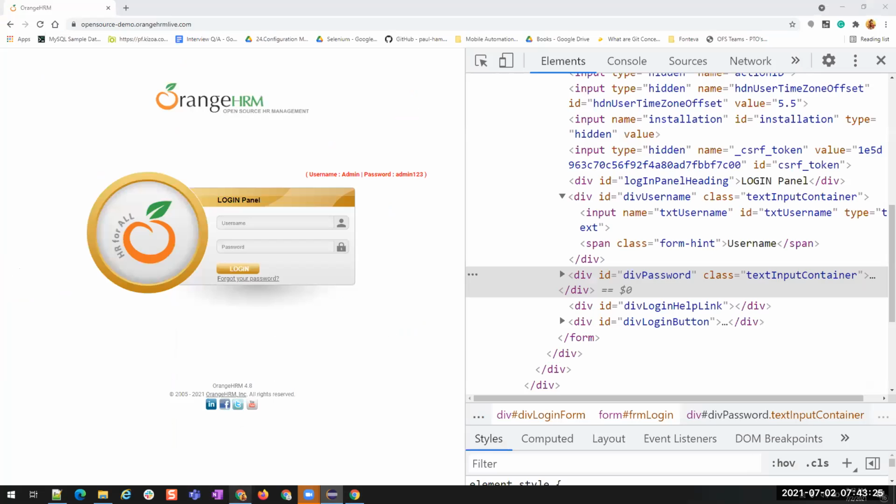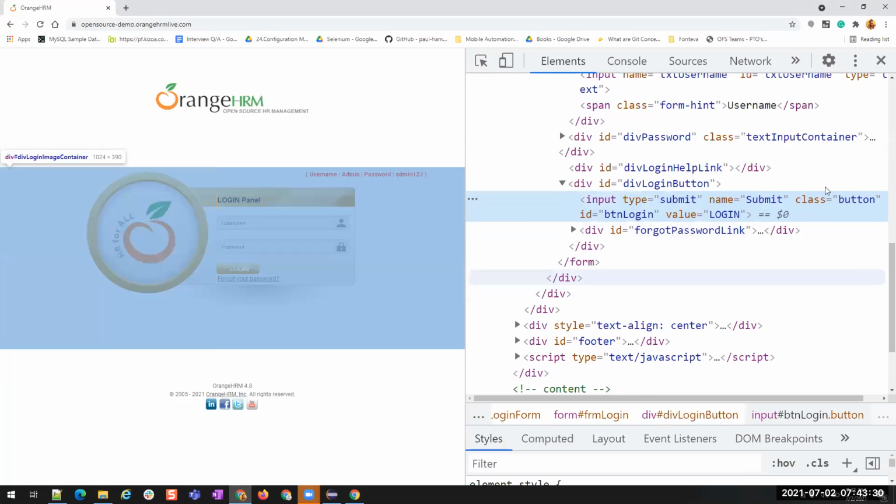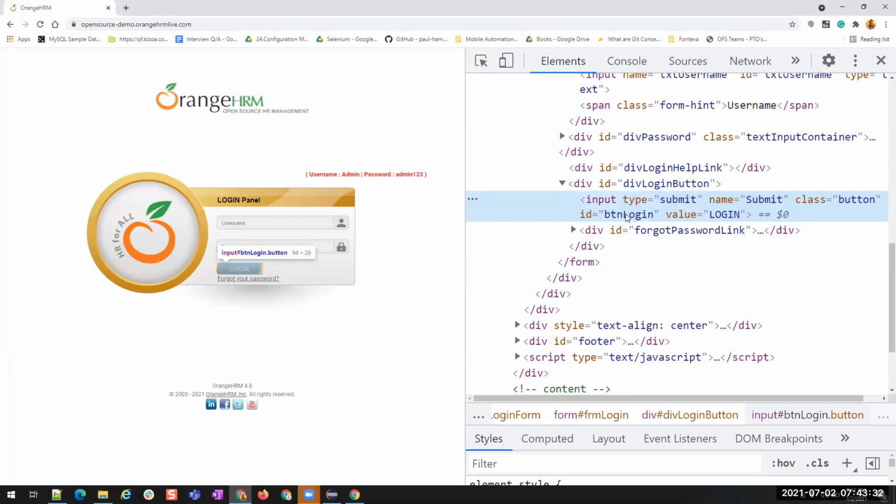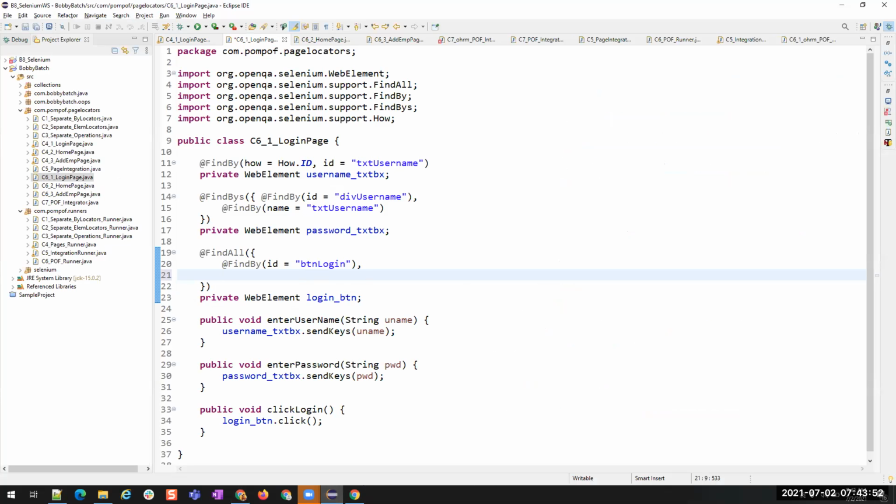Suppose now we have a login button. I might want to find it using its ID, but I'm not sure. Some of the times ID is going to be not button login, it will have some other name. So I want to find it using its value. If either this or this is matching, then I will click on this login button. Any one of these things, any one for the same element, then I'll click on the login button. So if you want to implement such kind of situation, then you use this.